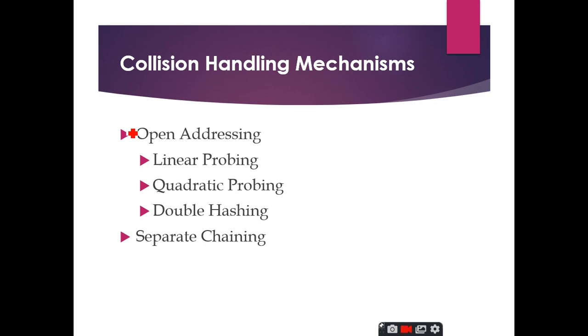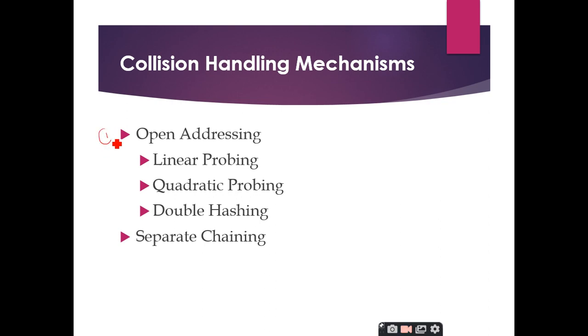Now we have discussed what a collision is, and we are going to discuss how to handle these collisions. When a collision occurs, there should be some provision to allocate that value in the hash table. You should accommodate that value inside the hash table. You should not deny the value from being allocated in the hash table, right? Anyhow you have to place that value inside the hash table. So how are you going to deal with these collisions? That is called collision handling mechanisms, and there are only two collision handling mechanisms.